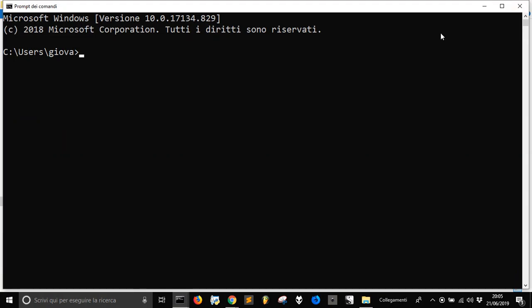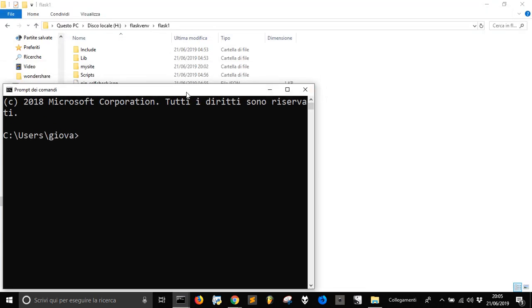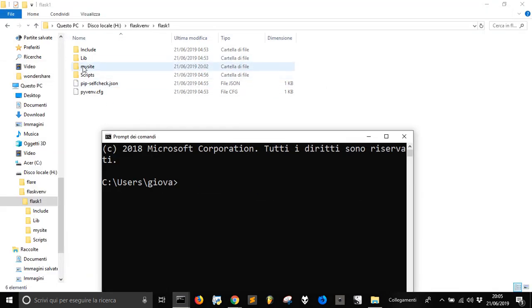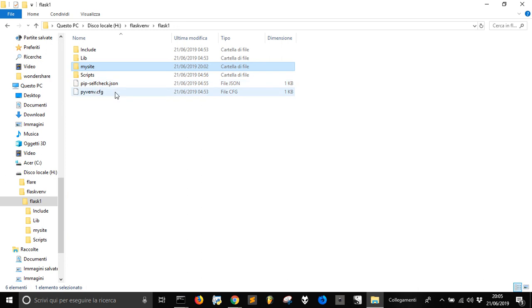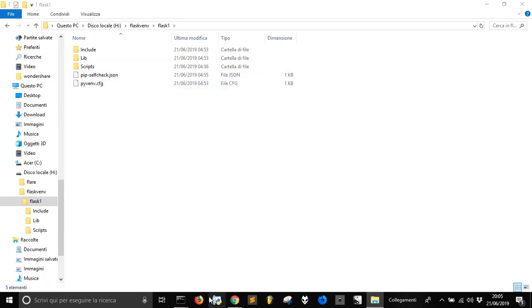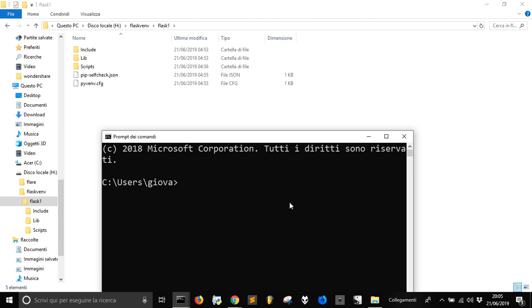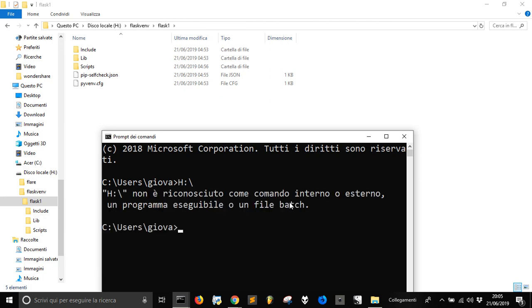and let's create into this. Let's delete this and let's create it again. And so we want to go in our venv folder. Okay, that is in cd flask venv slash flask1. And now that we are here, we want to make a new dir called